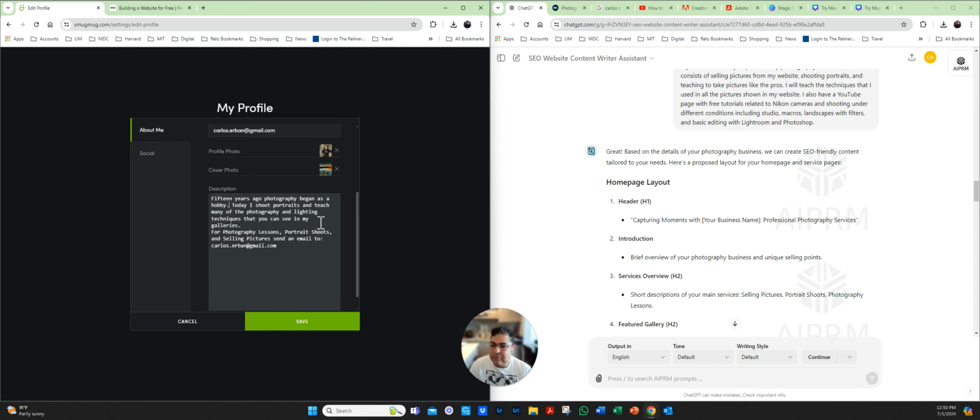Today, I shoot portraits and teach many of the techniques that you can see. Again, I want to keep it short. Many of the techniques that you can see in my galleries for photography lessons, portrait shoots, and selling pictures. No, for photography lessons and